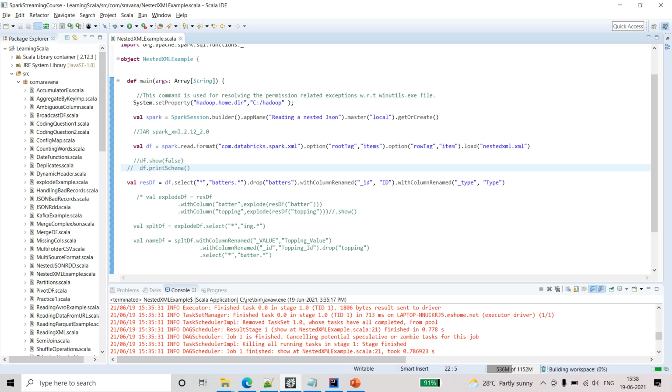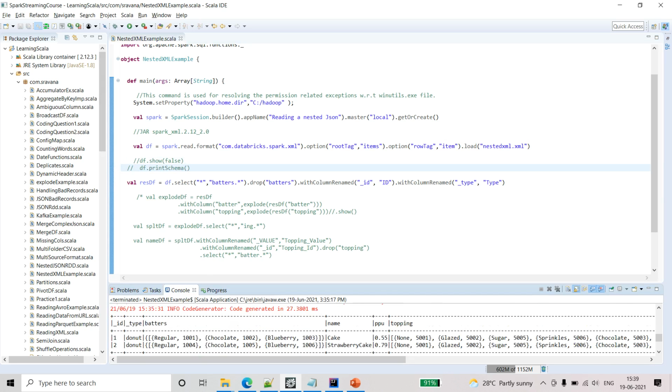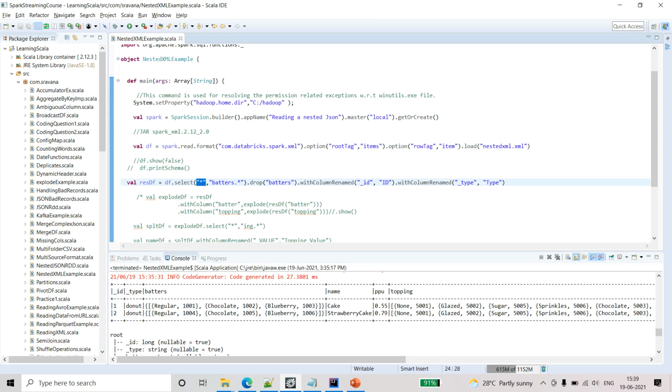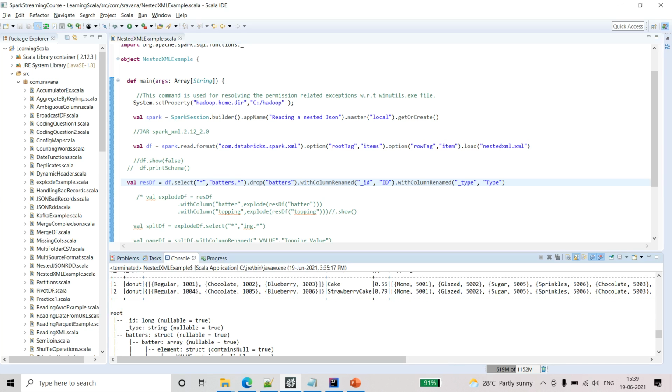From this data frame, you can see down here, I'm saying select star, which means all the columns available, and then batters dot star. As per this schema, batters is a struct.